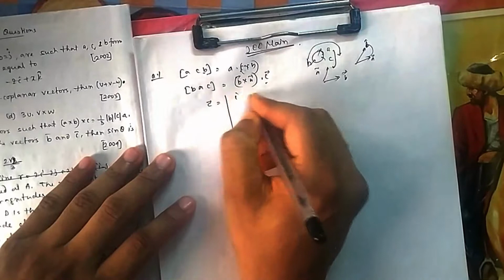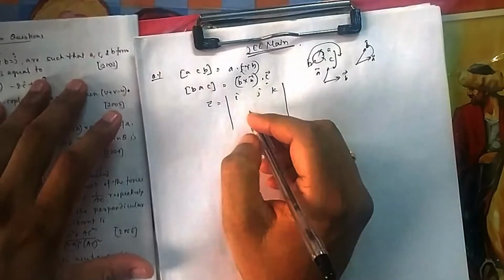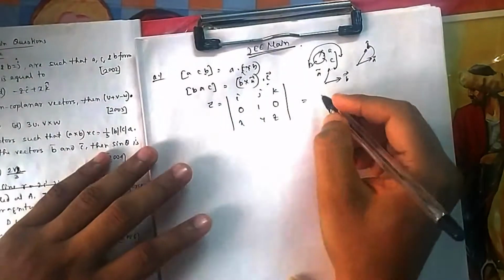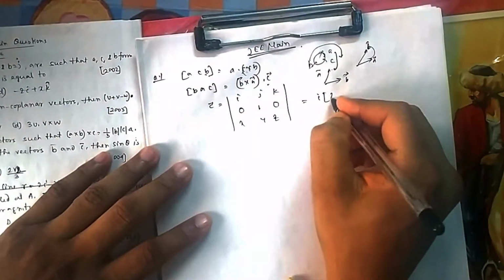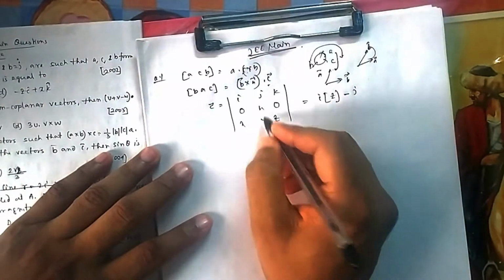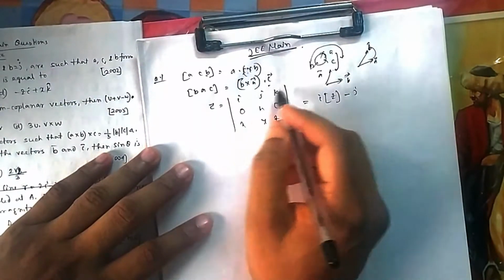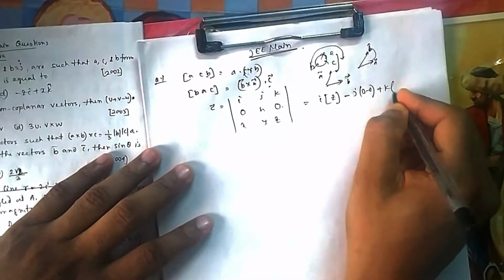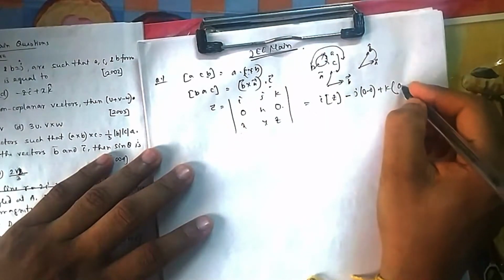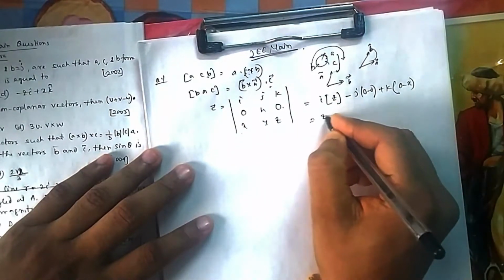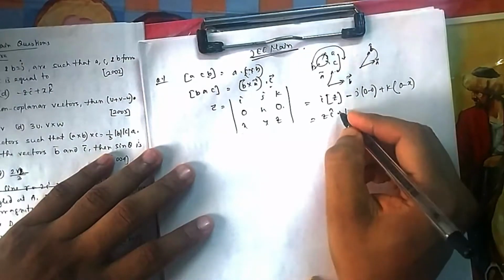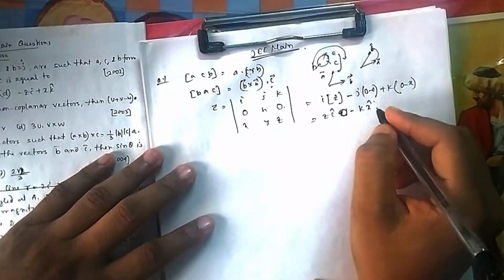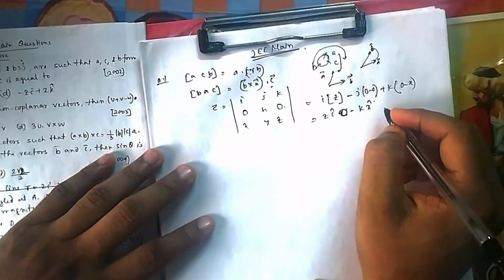So if it is B cross A, with i, j, k, then what is B? B is given as 0, 1, 0, and it is x, y, z. So that is i times z, then minus j, because it is z minus 0, so I am not writing it, minus j. So these and these are blocked, so 0 minus 0, then plus k into 0 minus x. So it should be z i cap plus, minus k x cap. So that is your option A.